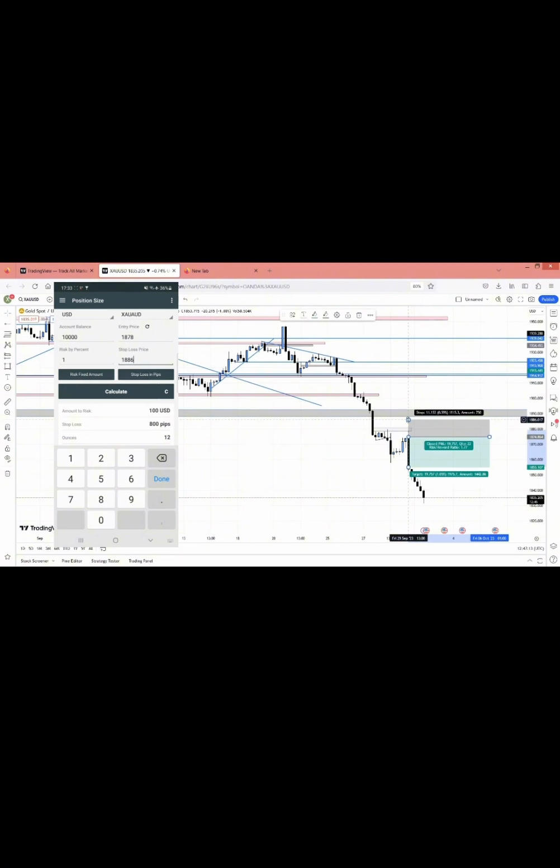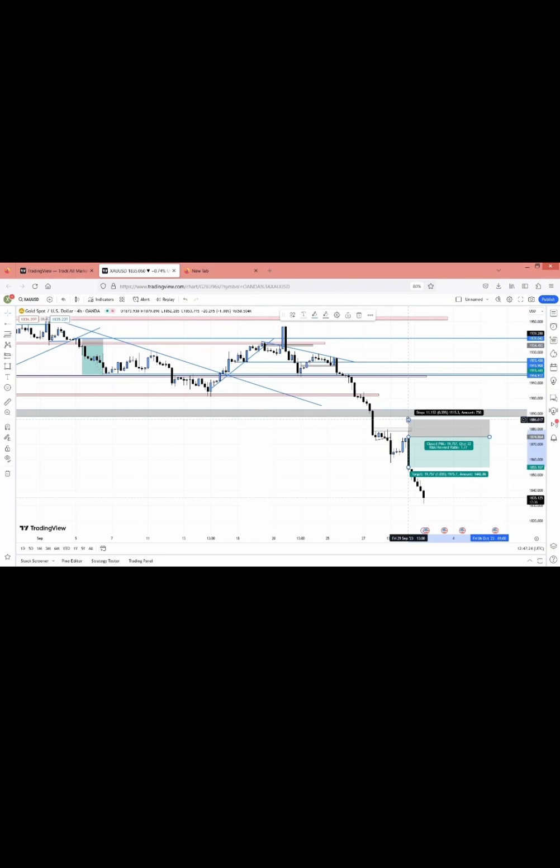You're going to fill this out in the position size, in the PIP calculator, the forex calculator. I'm risking, the place said it risks by percentage. You click 1%. So when you calculate, make sure your account balance has been inserted, which is $10,000. It's going to provide you the lot size to use. It says in order for you to risk this 1% of your account, you need to use a standard lot of 0.12, which, note that your amount you're risking is $100, which is 1% of